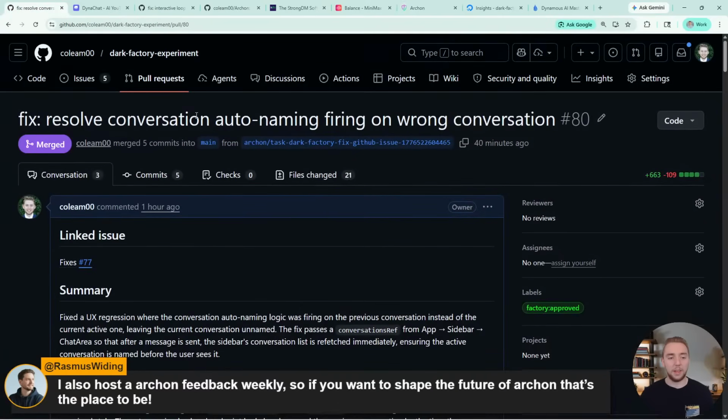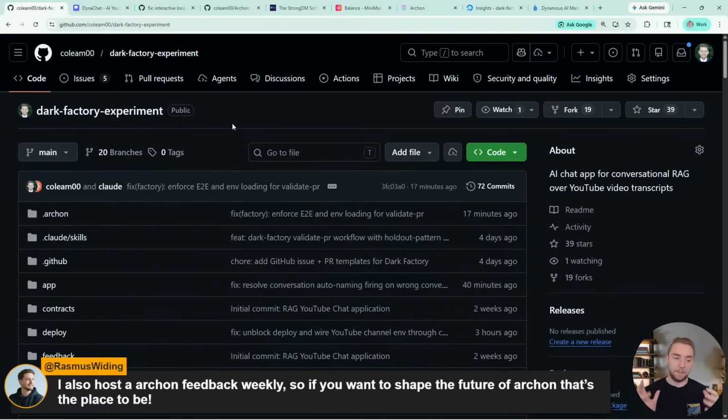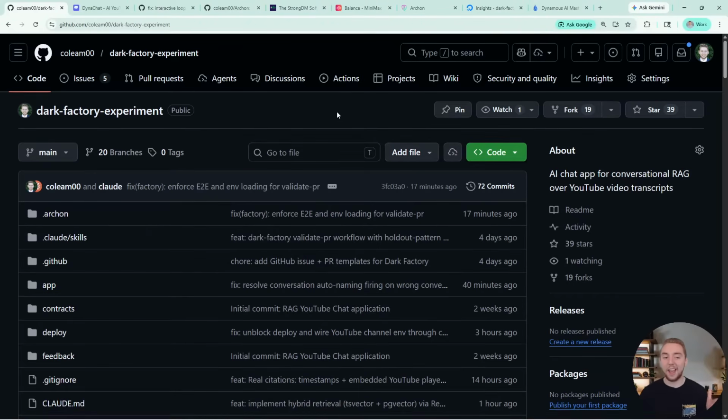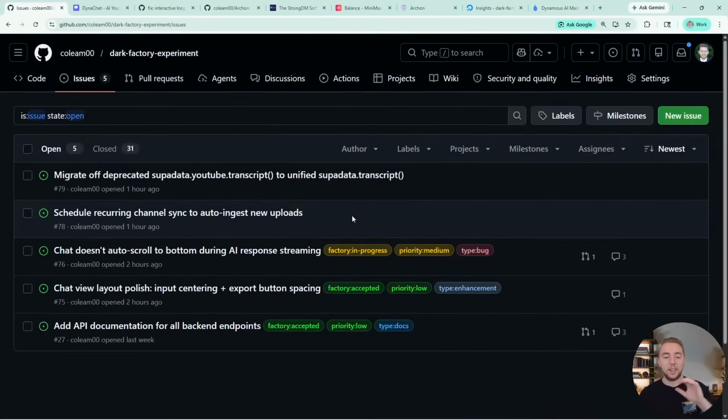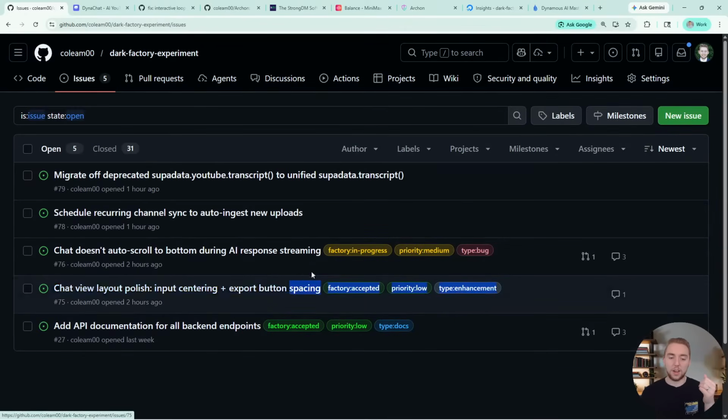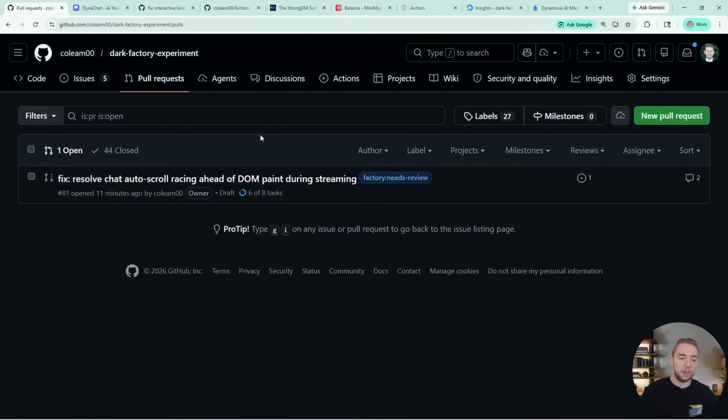So basically what's going to happen for the Dark Factory is I just need to refine the workflows, and then it's going to be ready to go public. Like you guys have seen here, things aren't quite perfect, but we have the infrastructure. You've watched it from start to end, creating issues, watching them get triaged, go to in progress, seeing the pull request created, and then seeing the validate run on it.